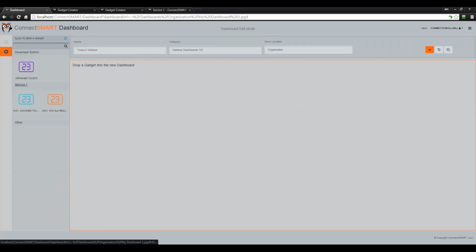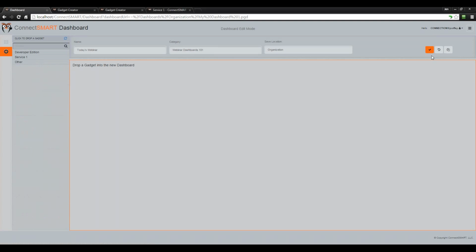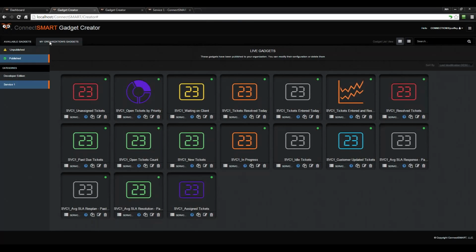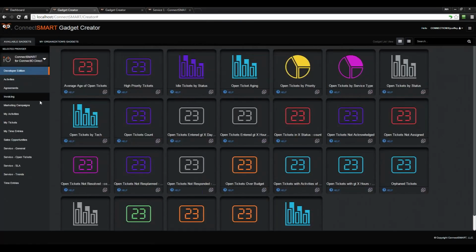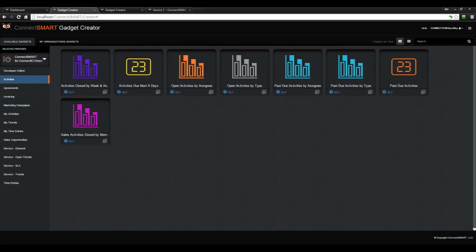So if I want to make a new dashboard, I've got these gadgets already available, but let's say I didn't have these gadgets here, because these gadgets were published for use with the other dashboards. So I'll go make a couple new ones. Let's say I want to report on, let's see what I have nearby. I will do,